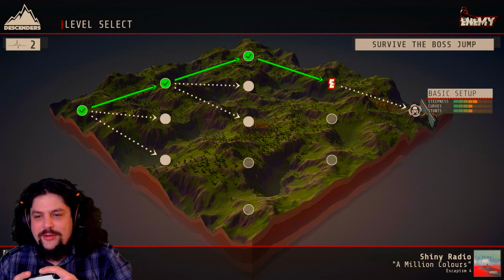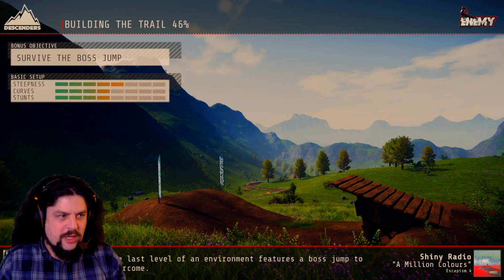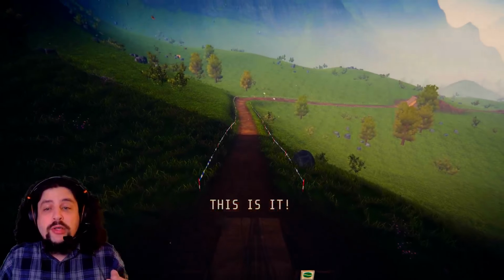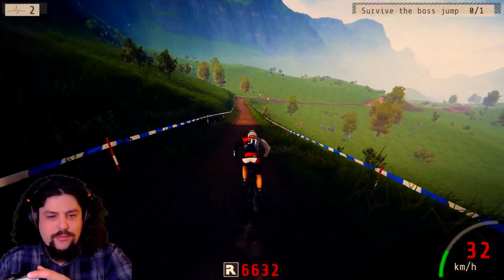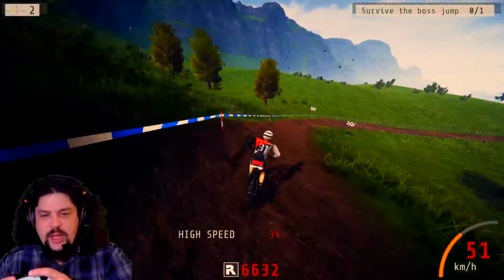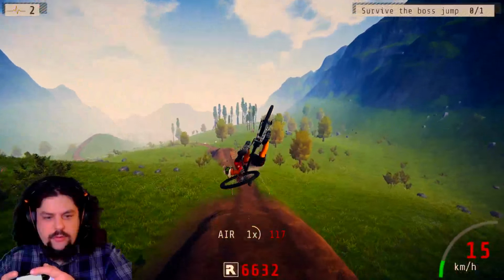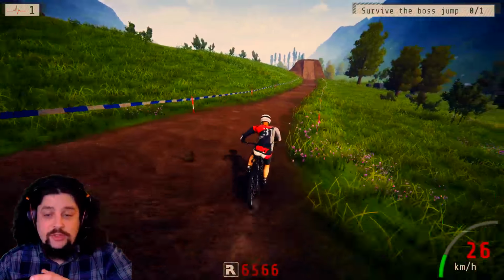Whoa, hey, wait. I just haven't really been paying attention, and I made it to the end. And I think I have 2 attempts here. Survive the boss jump. Really? It had like a skull and crossbones. This doesn't seem like a good idea. I'm not going to survive. Okay, this is not even... And I still messed it up, so...